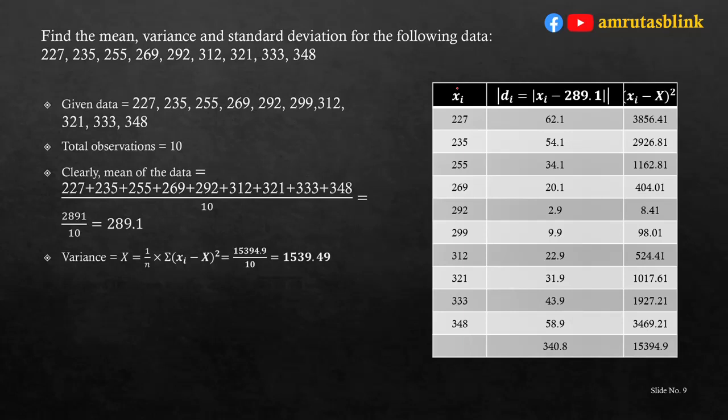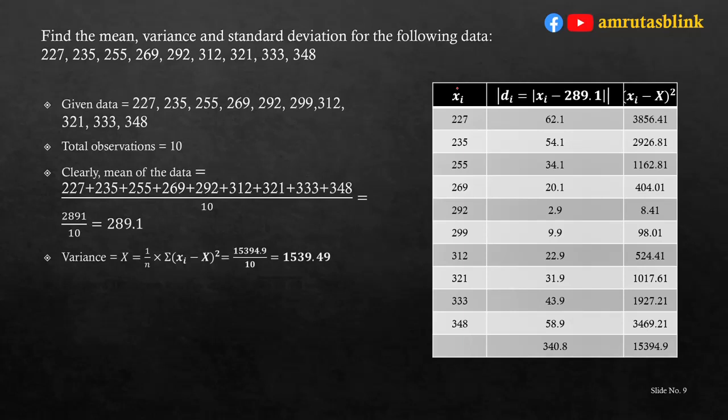Square of 9.9 is 98.01. Square of 22.9 is 524.41. Square of 31.9 is 1017.61. Square of 43.9 is 1927.21. And square of 58.1 is 3469.21. Now, the summation of all these values, that is, summation of xi minus x bar, whole square, is equal to 15,394.9. Hence, coming back to the formula, variance is equal to summation of xi minus x bar, whole square, upon n,